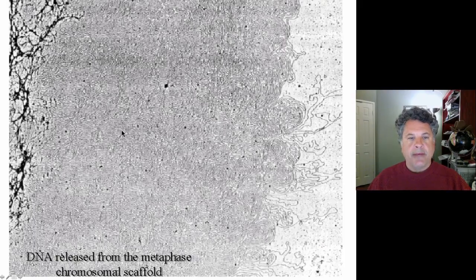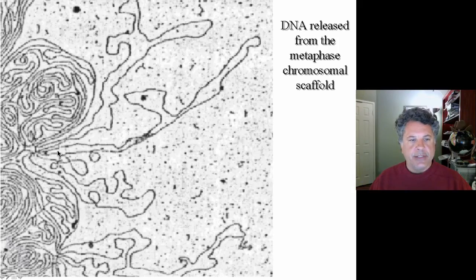Hard to believe. At higher magnification, you can begin to see the molecule itself. And if you were willing to spend probably many months of your life tracing this molecule, you could see that it is one long continuous DNA molecule that has been released from this protein scaffold. And here's a high mag view of that at the edge of the spilled out DNA. It's like a massive tight ball of yarn that has been spewed out and is visible now as a single molecule, a single thread, if you will.